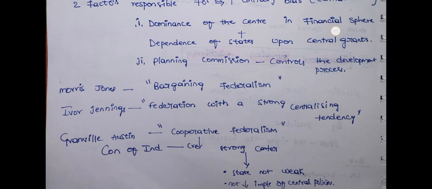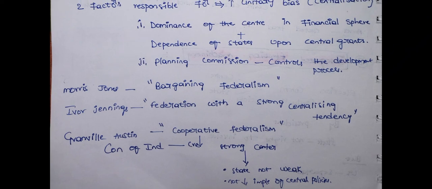Morris-Jones said our Indian federation is a bargaining federalism. Ivor Jennings said it is a federation with a strong centralizing tendency. So we have federal features with a strong center. A strong center doesn't mean the states are weak, and